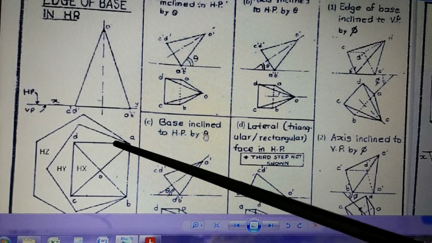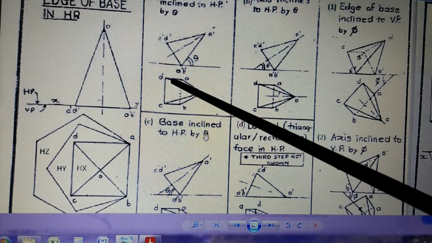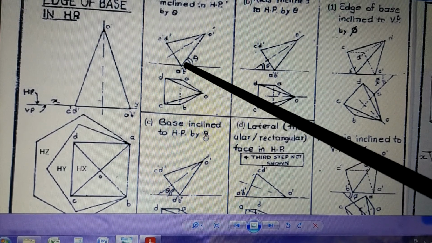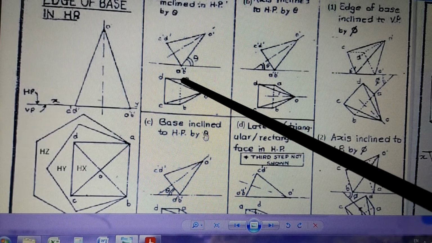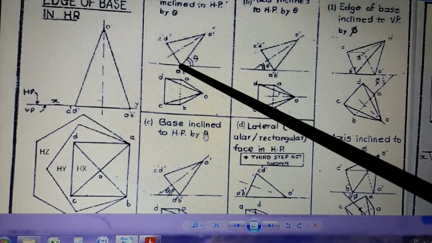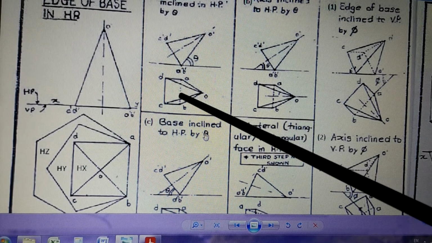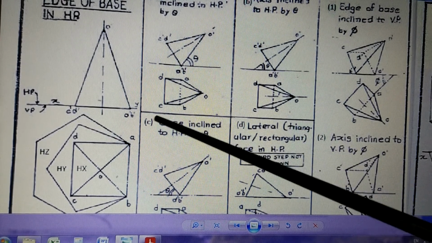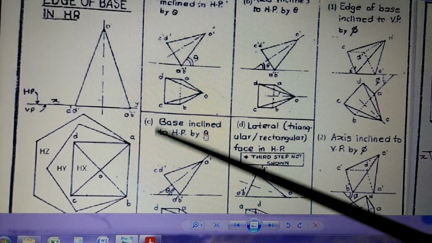Just now we said that A is on this line also, which is this line. So if A is on this line and if A is on this line, that means A is here. So like that, B is here. In the top view, B must be on this line. B is on this line. But at the same time, B is on this line also, which is this line.